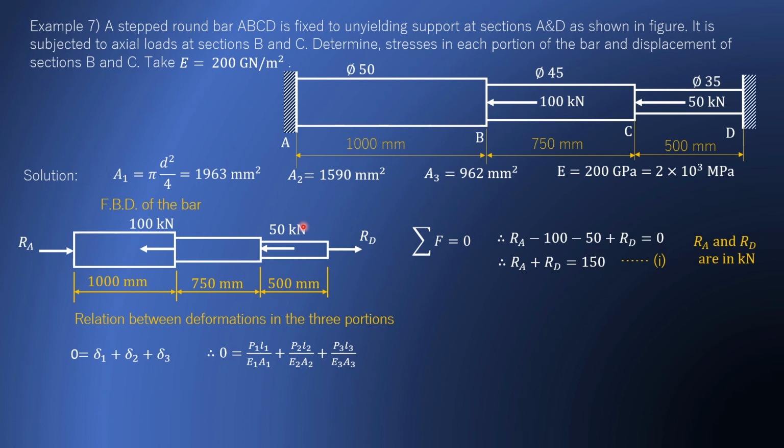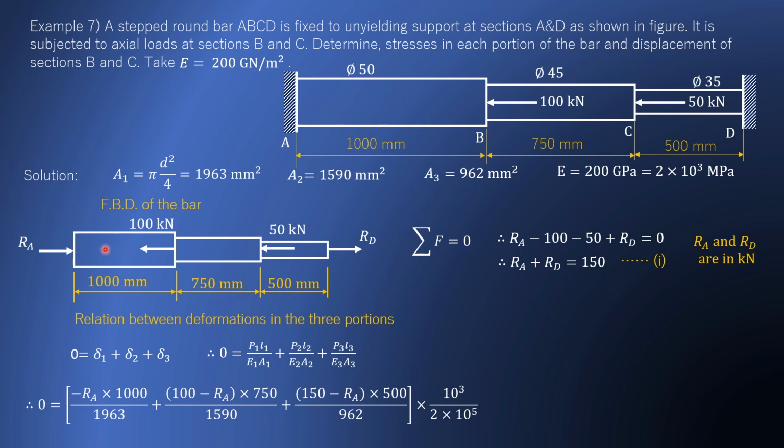To find force in each part, it's better to consider always left side, so that in this equation you will have only one unknown, that is RA. So load on the first part, RA push, that is why I've used a negative sign. So delta 1 will be negative because it is compressive force. So reduction in length, and that is why I've used the negative sign.